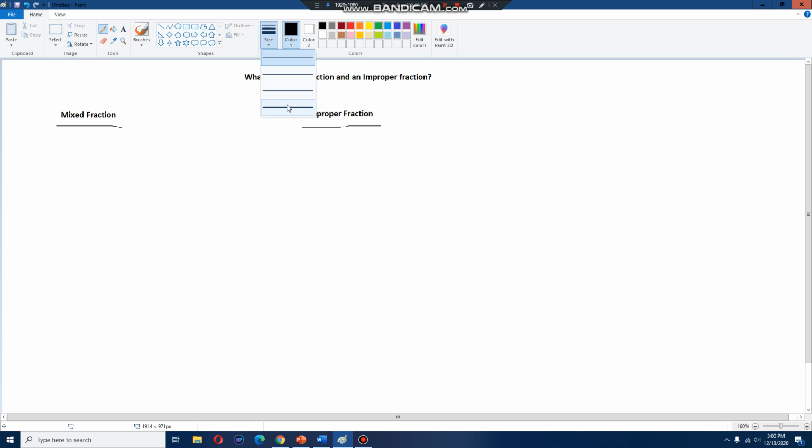Today I'm going to show you the difference between a mixed fraction and an improper fraction. Let's take a look at the mixed fraction. Mixed fractions are something that the kids are already familiar with. A mixed fraction is something like this, for example,